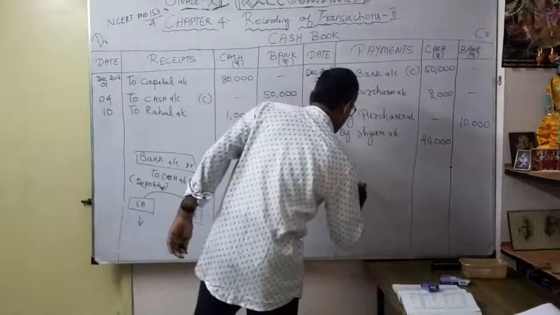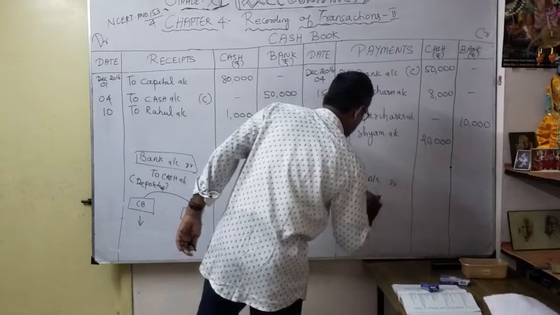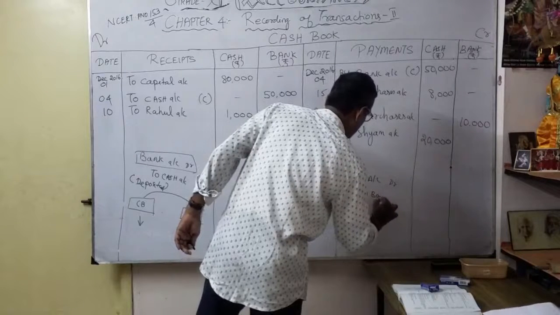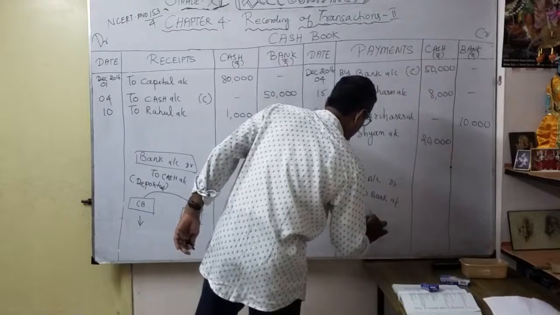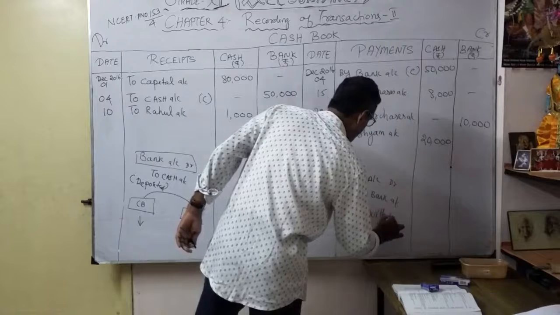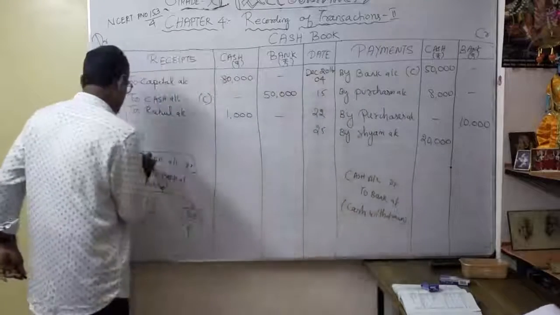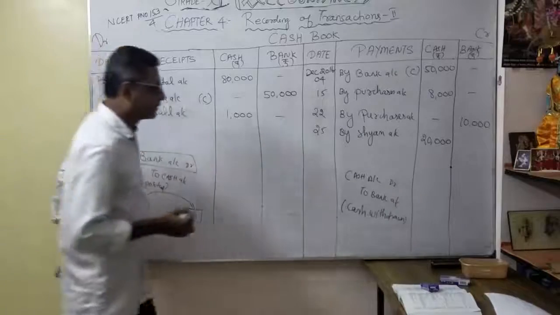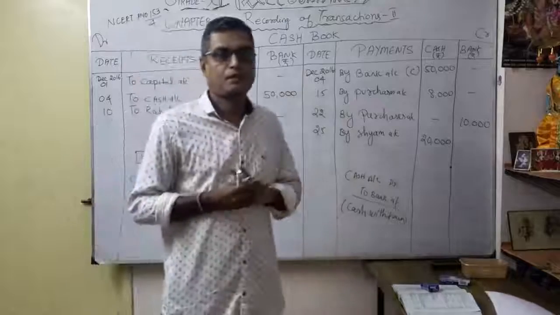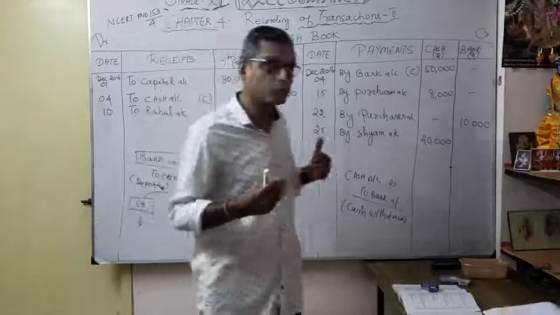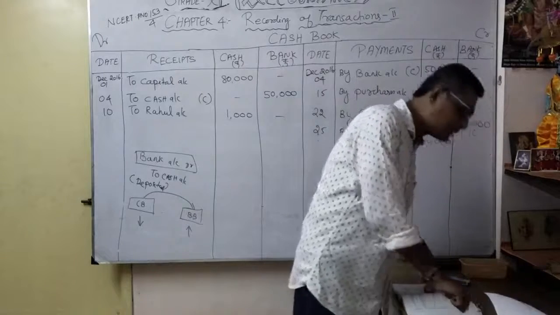Here I write, so you got cash. So cash account debit to bank account. Understood? So this is for cash withdrawn from the bank. See here, debit to bank means you have deposited. Crediting bank means you have withdrawn. Understood? It's a contra entry. So should be very careful how you are going to post. So what is the amount? Amount is 2,000. December 30.